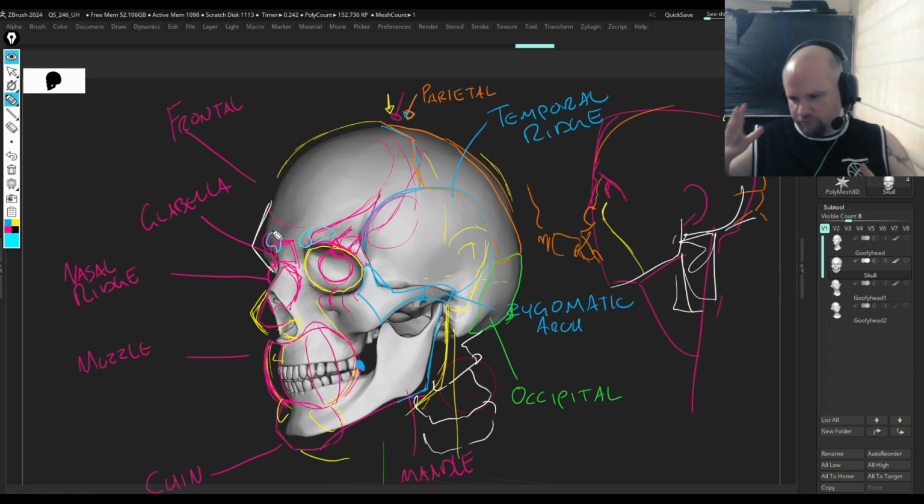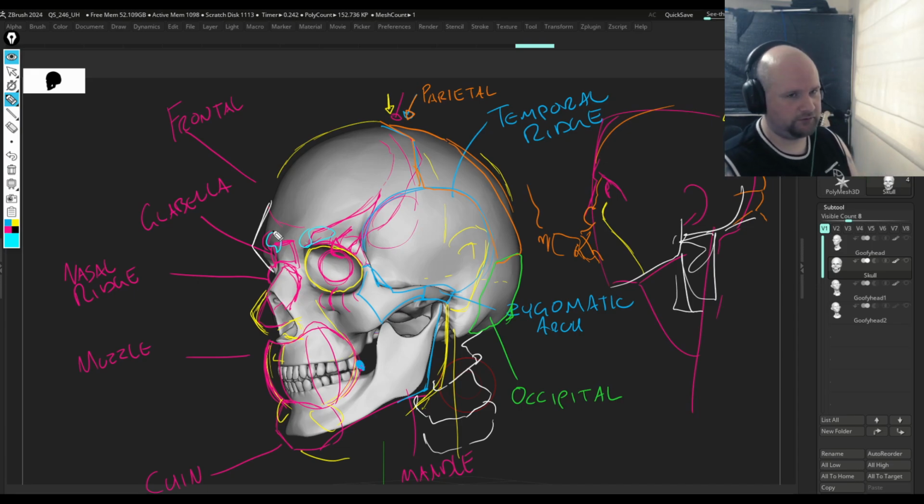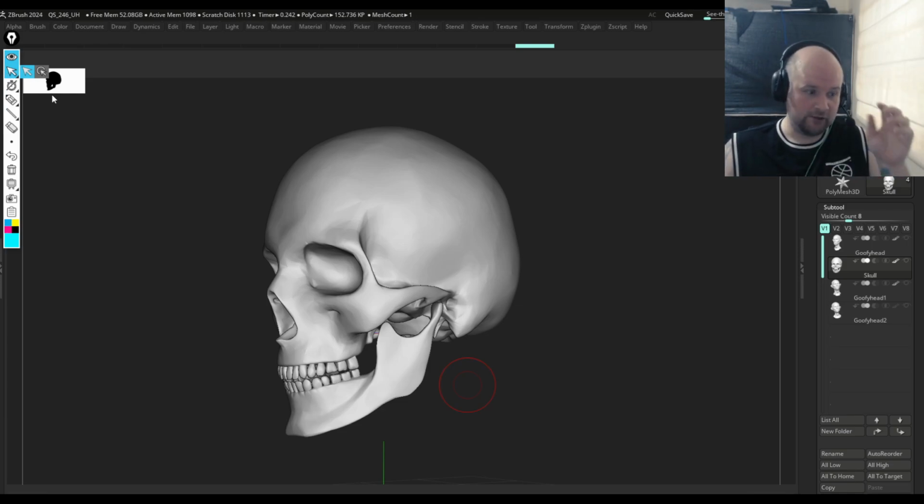So yeah, those are the regions of the skull. I will obviously be putting up, or I have put up already, a much cleaner version of this. But just getting an image of someone and drawing over those sort of regions of the head is incredibly useful. Because if you can identify those different areas and really look at the shape of someone's jaw, the mandible,